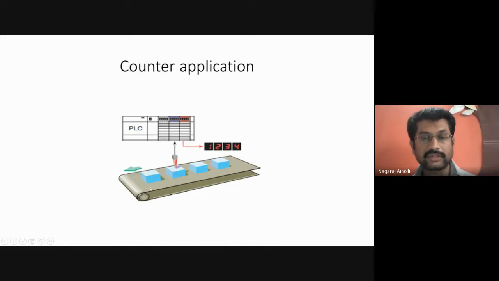This is a conveyor belt, what you are seeing at the bottom position. As this conveyor belt is rotating, the items on the conveyor belt are also in a moving position. Then as it comes to this red color marking that you are seeing here, as the items pass this point, this display will be incremented by 1. That means there is a counter inside the PLC which is performing the counting operation, and based on the count value, it is displaying that count value on the display. This is how the counting operation is taking place.